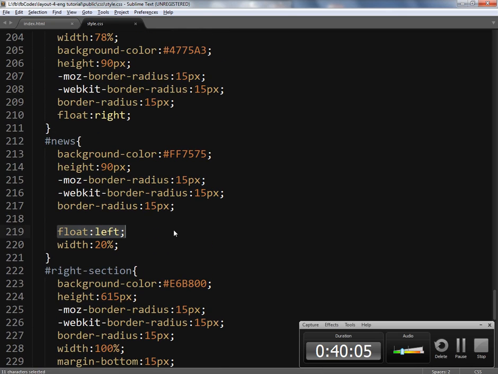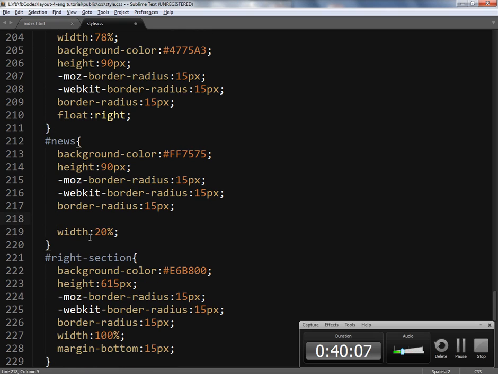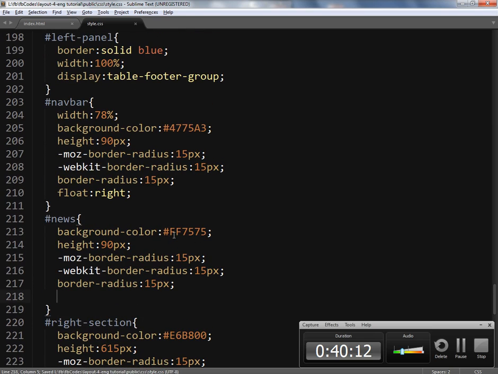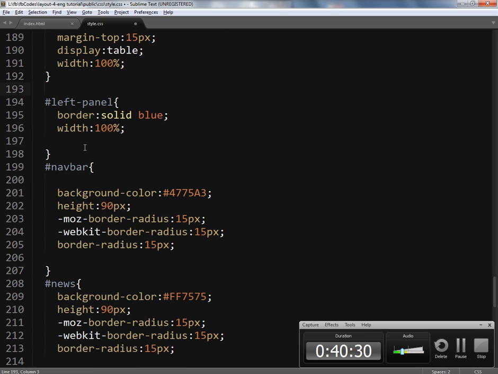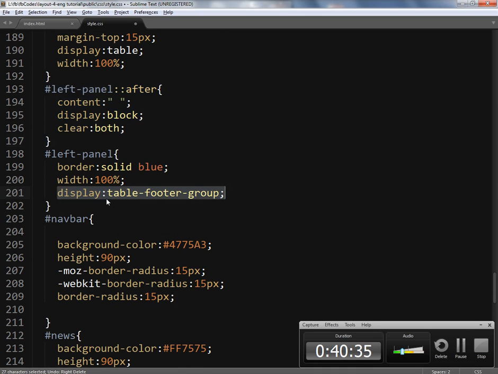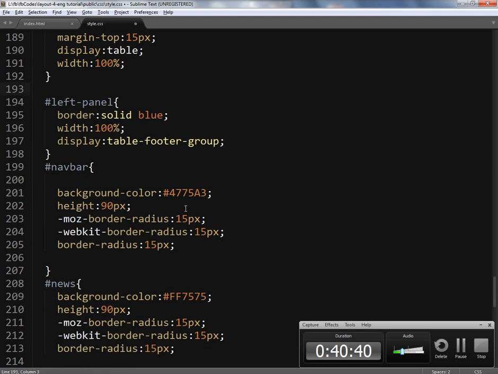I'm not going to apply this float property now to the new section, and the width is going to be full page width. And the navbar also has a full page width now, and it's not going to float anymore. If I go back to the left panel, I have to remove this property now, it's not required. I have to remove this rule as well because I'm not using any kind of float anymore. Actually, by mistake I removed this rule as well, so this is required. I'm going to remove it,